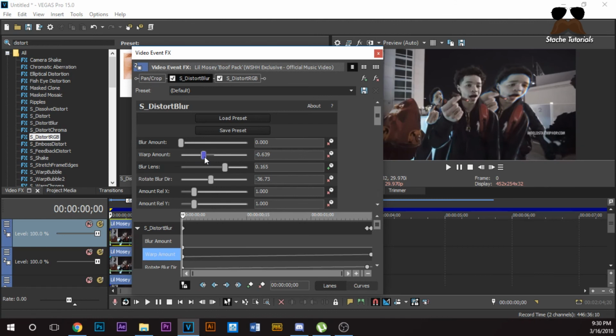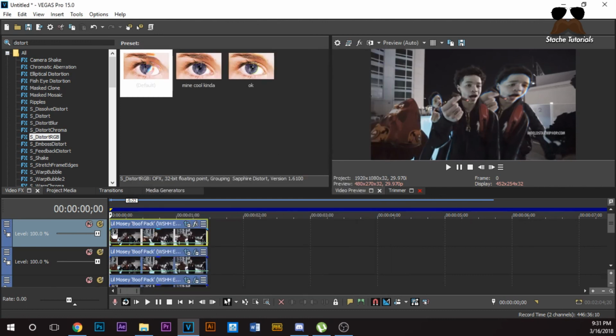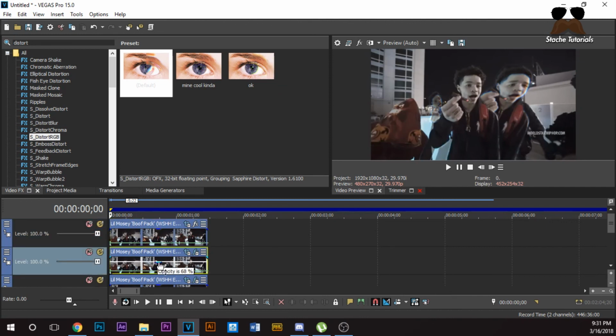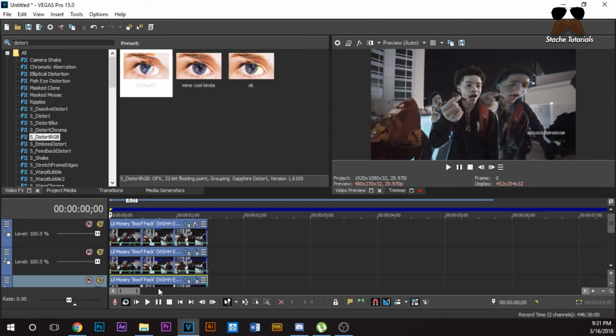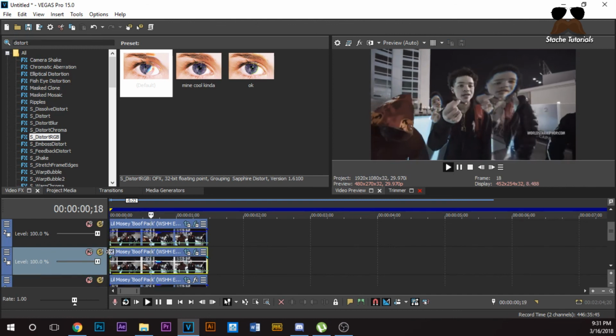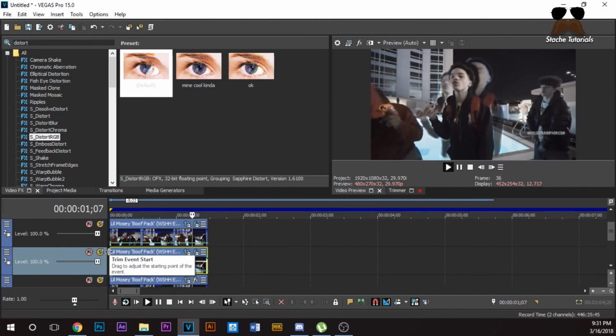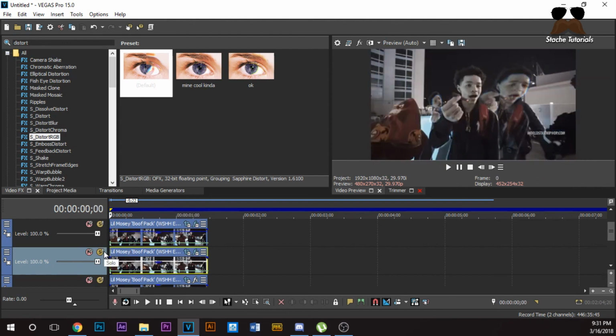Wait, here, let me fix this real quick. Okay. If I do that. Yeah, I mean, that looks kind of better. So let's make it opacity a little bit down. And then, wait, that one's too light. And now they look like ghosts. Even cooler. Alright guys, yeah, but that's like I said, if you want it to look anything different, just play